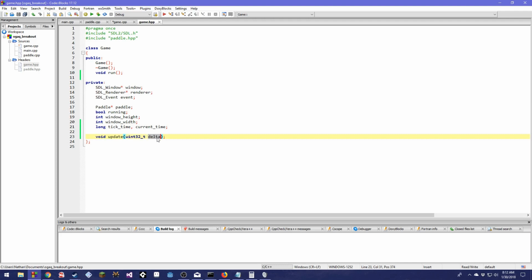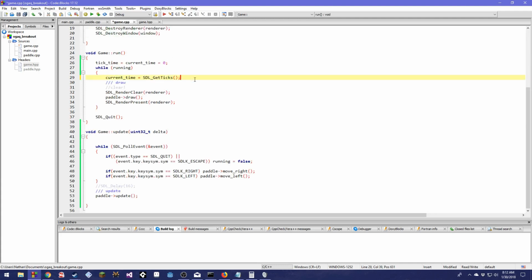Delta in this case really isn't delta because that's the change over time, and right now there's no change. We're forcing 16 milliseconds. But eventually, soon, I know we're going to need it. And yeah, like I said, for game run, I just separated all of the polling of events out. I initialized the times,